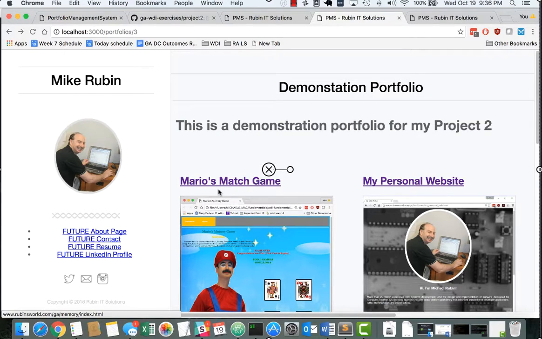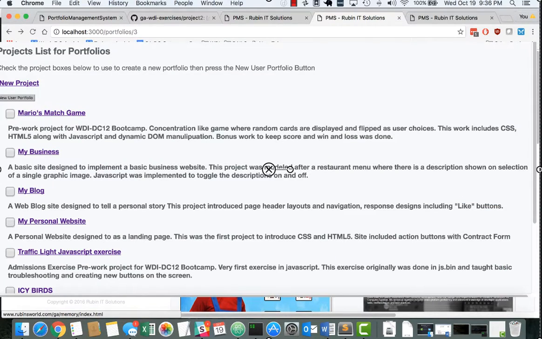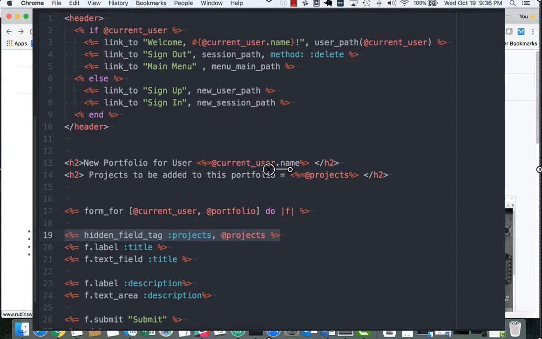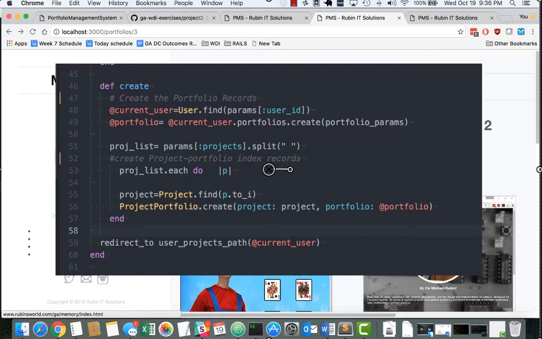I'd like to take a minute to discuss one of the areas I was most proud of. Remember those checkboxes on the projects page? I wanted to use this type of interface to make it quick and easy to create a portfolio. In order to do this, the entire index of the projects had to be a form. Then I linked those to the portfolios page where I had to create a hidden field to hold the list of projects to be added. Then after creating the portfolio records in the Create controller, I added those projects to my many-to-many relationship table,